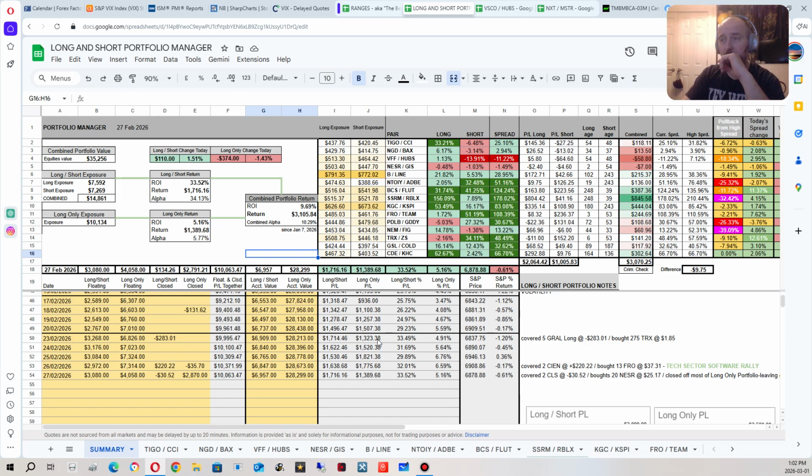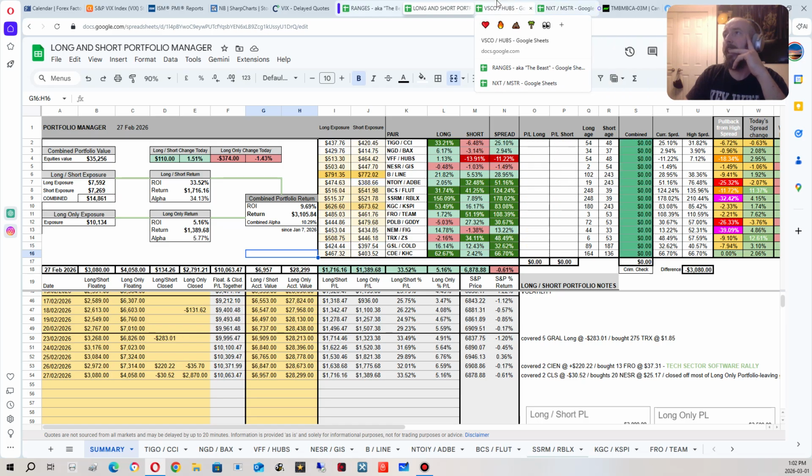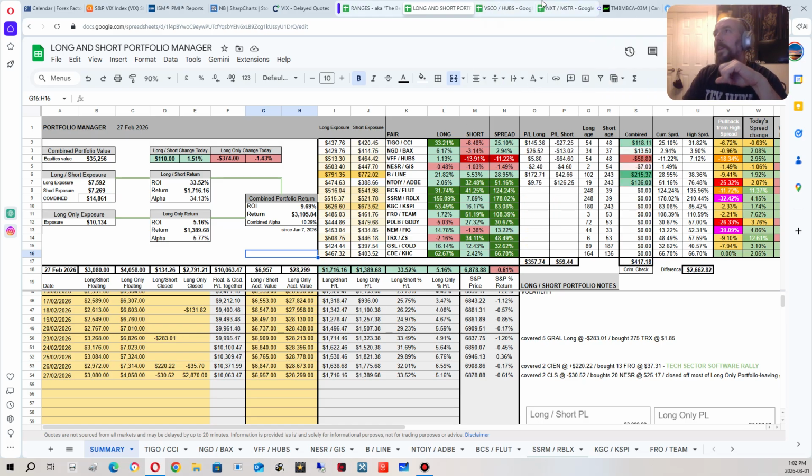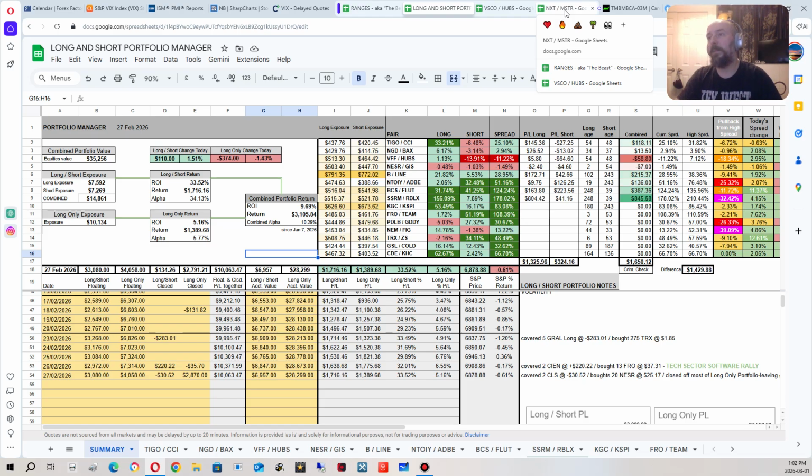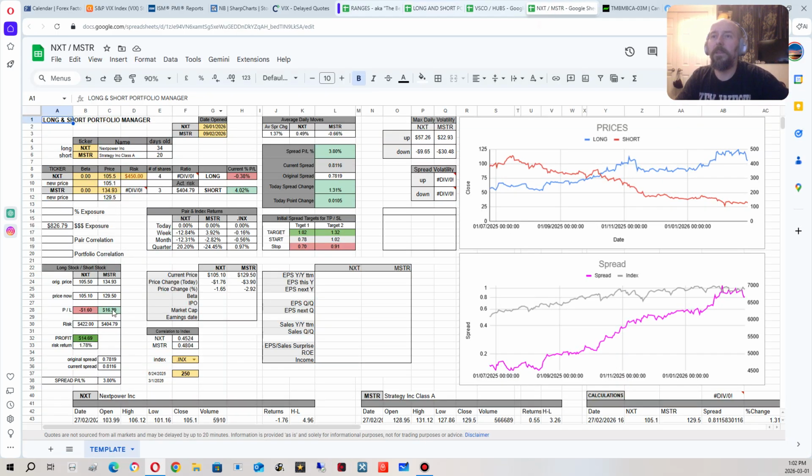All right, before we dive into the portfolio, why don't we look at the two positions that I've set up, hypothetical positions. I didn't take any of these except for MicroStrategy, which became part of the, actually, no, that's not the one. Sorry, totally wrong. I have Hubs. I've taken Hubs instead of MicroStrategy. I did not trade MicroStrategy, even though I believe that's one of the only ones that actually profited so far.